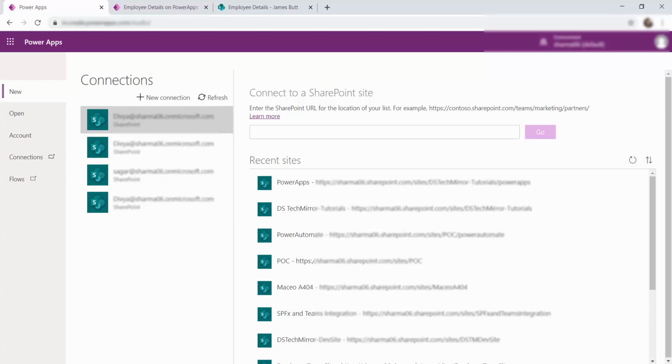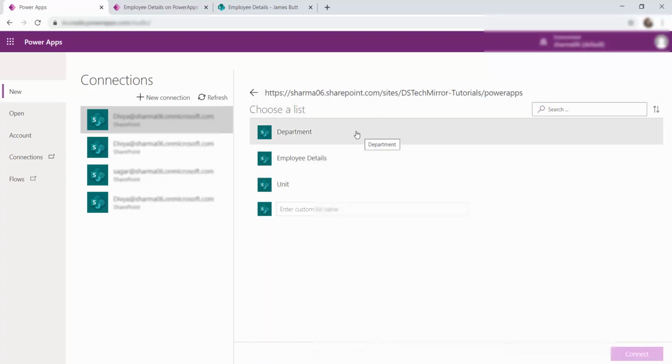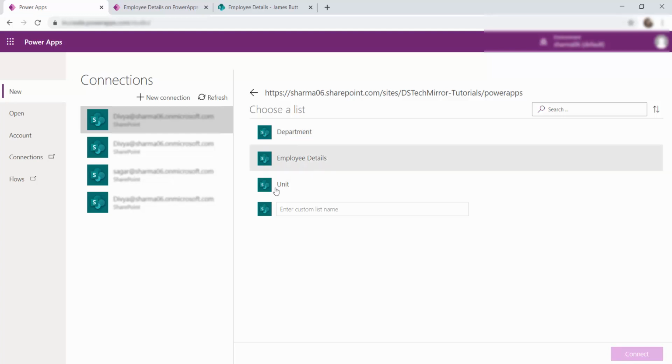Now on the bigger section, we can see the option to connect to our SharePoint site. And you have recent sites displayed under this section. I'm going to select my site. After selecting the site, we can select the list to customize. And if you have noticed over here, we have only lists and not libraries.